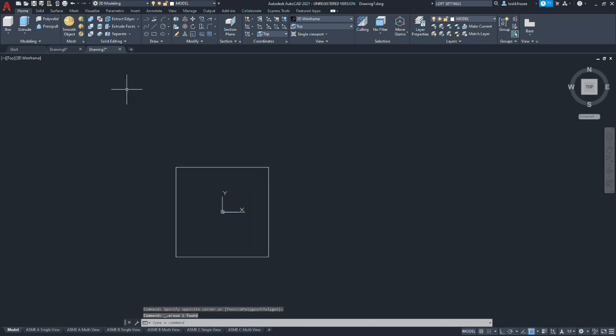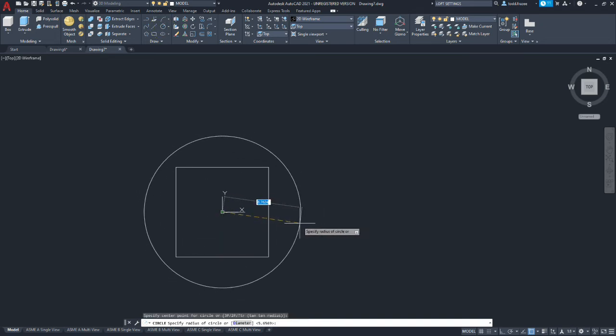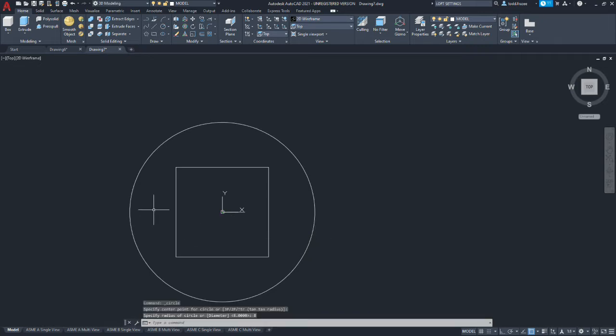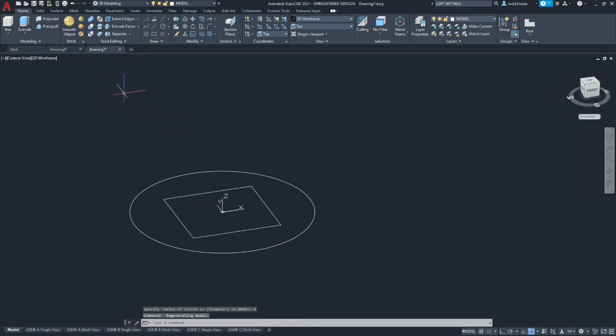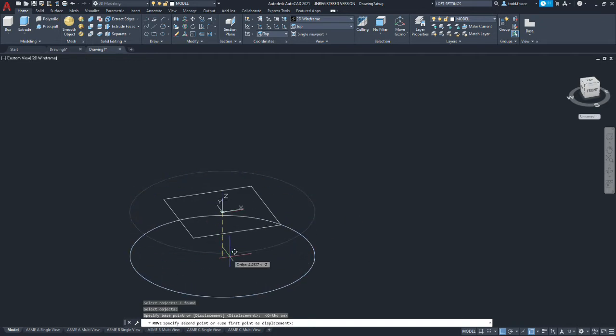Okay, and we're going to draw our circle from origin, and we're going to make this bigger than the square. So pull from center, and we're going to make it an 8 radius. That'll be a 16 inch diameter. Now we're going to rotate our view, and then do a move command and move the circle, with ortho on. It's a little helpful. We're going to move it from origin down 12 inches.